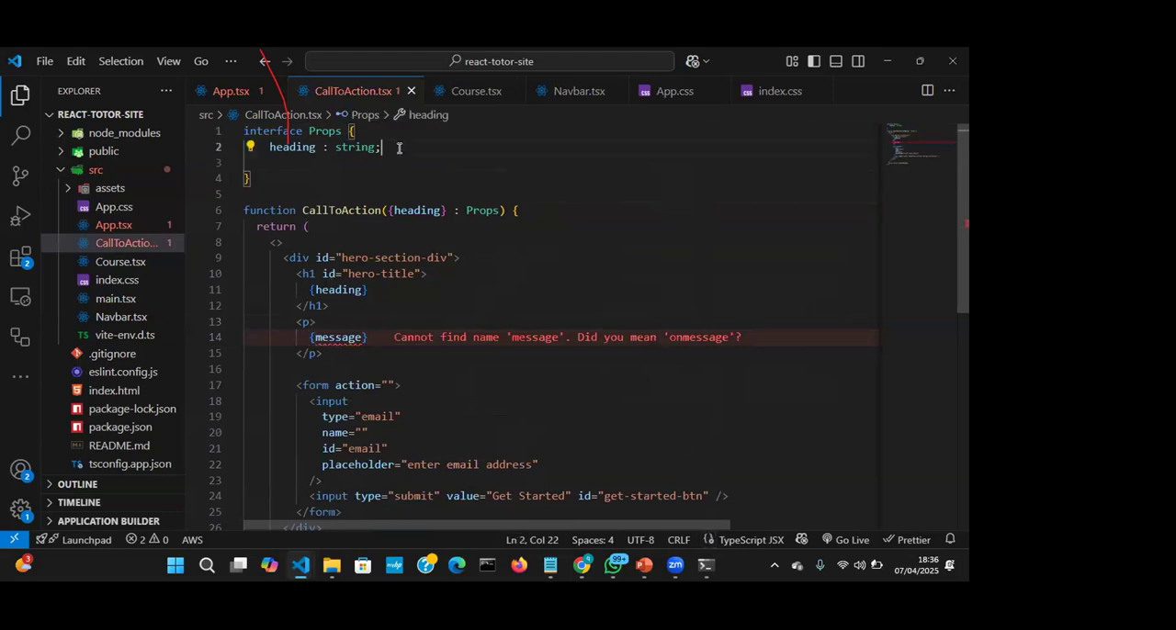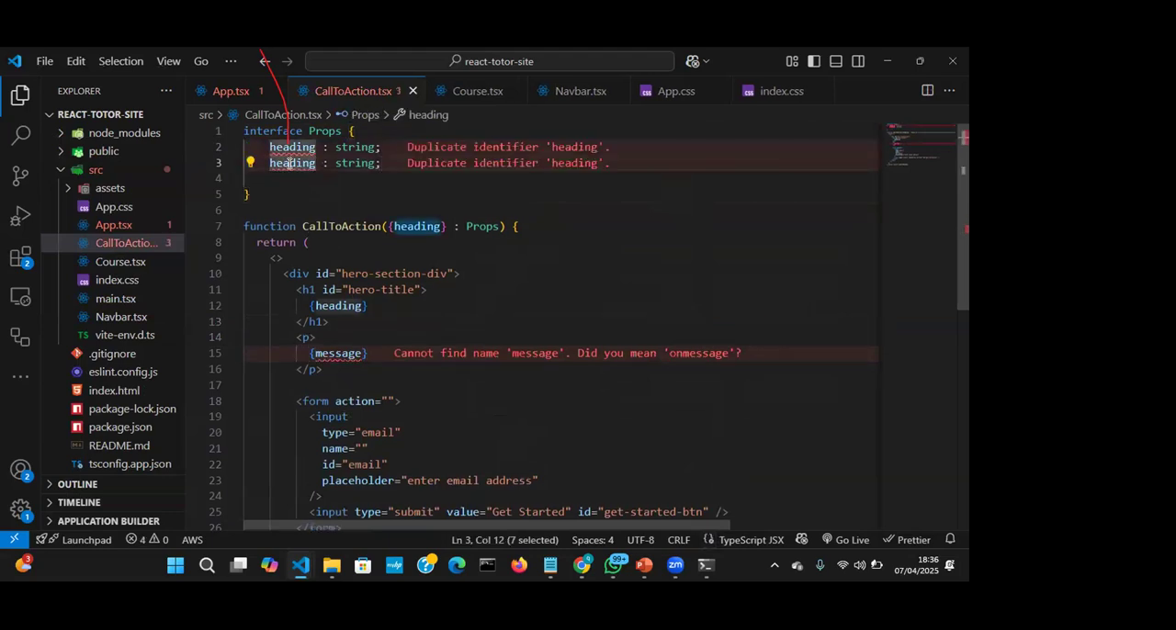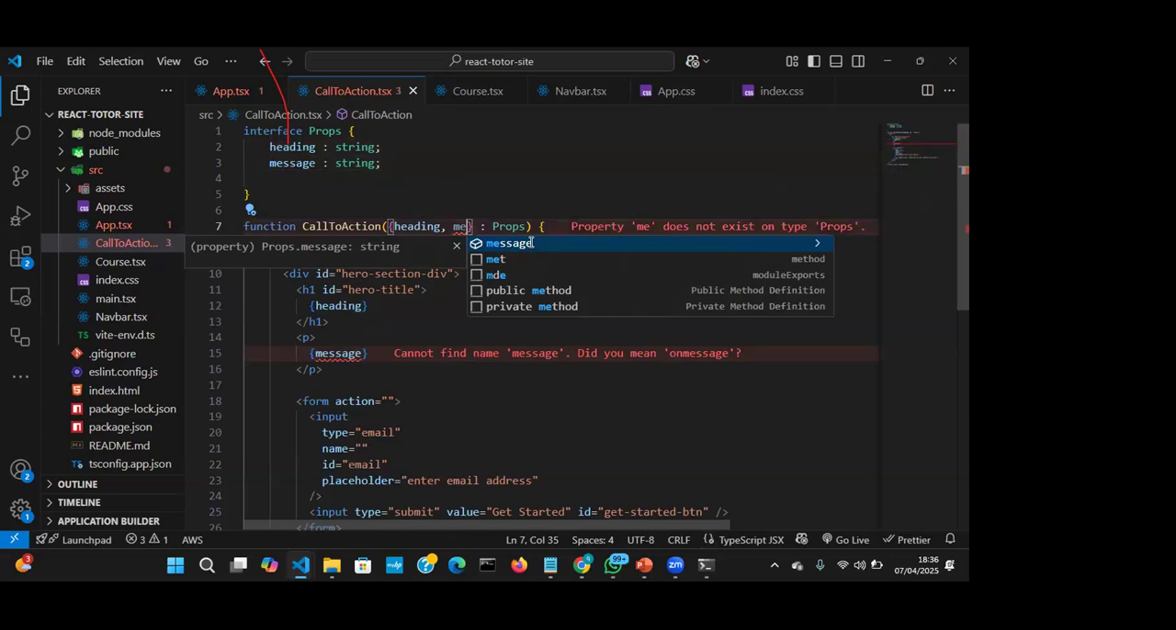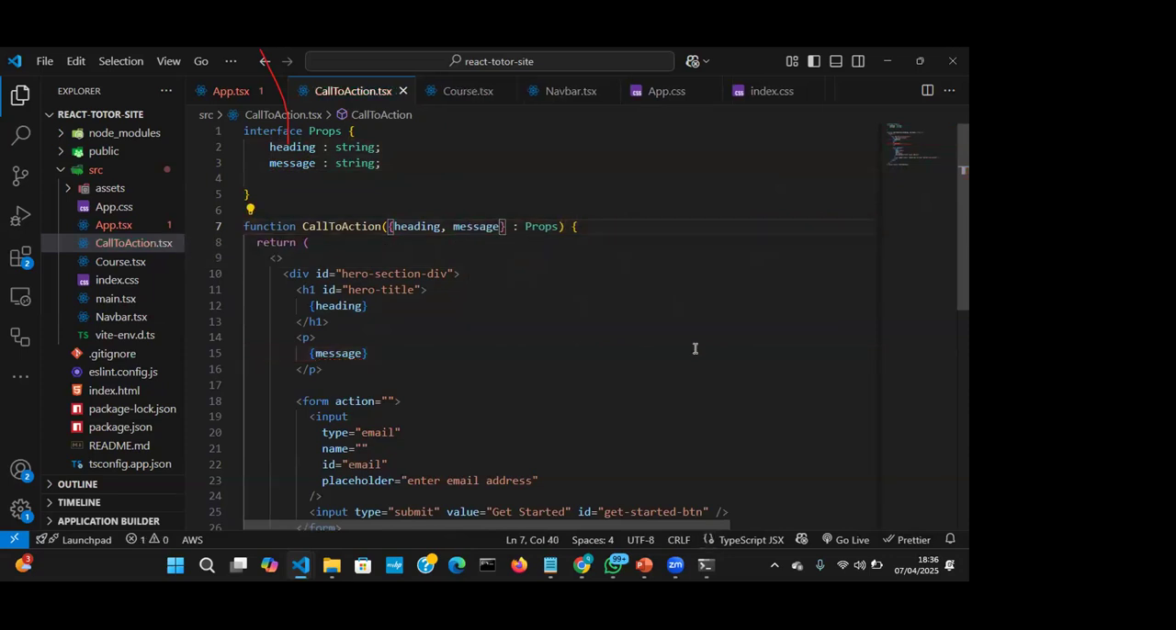So here I'll come and describe this message as a string. Then also, when I'm trying to destructure this, I will include the message here. All right. So if I go to my app.tsx,